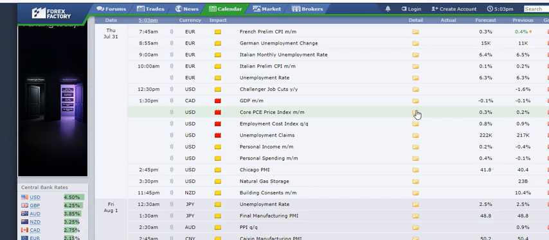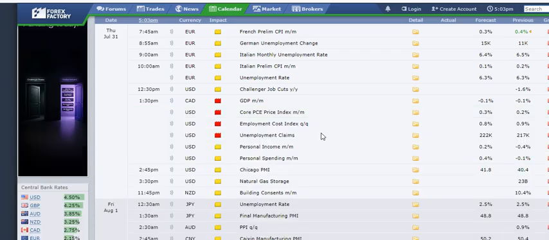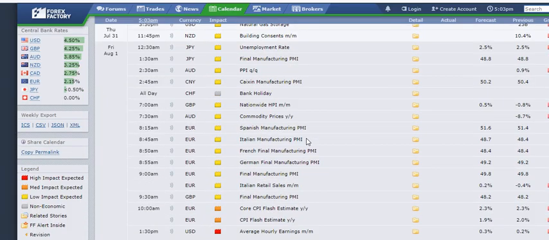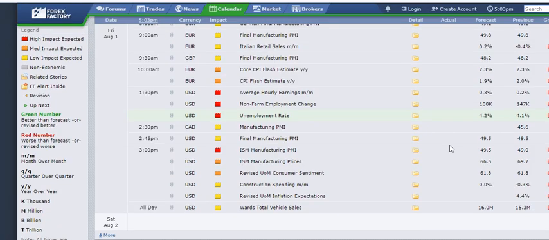Now we have the core PCE, which is the Fed measurement for CPI, and the pricing in a positive one. Alright, so we have the inflation data from the Euro region, which is still looking at a bullish one, and then the NFP data. Now with all this, the most critical and most important one is Friday 1st, which is not all this economic data, but due to tariff.